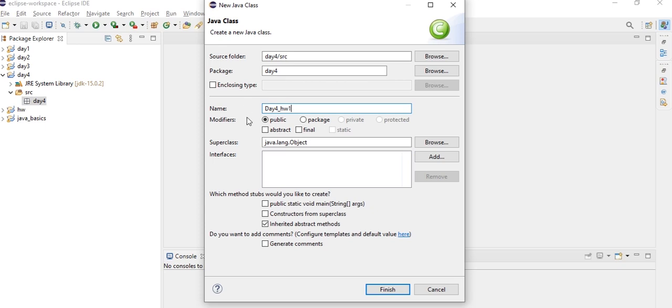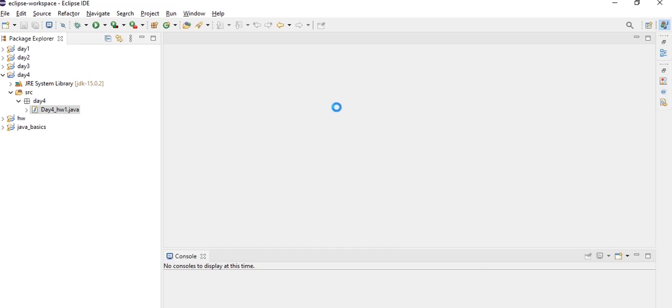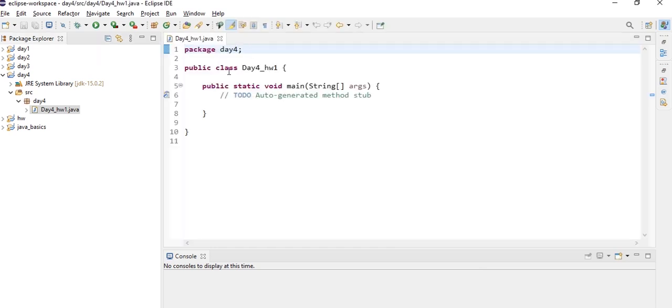Make sure that the first letter of the class name is a capital letter, that is an uppercase letter, and make sure to include this public static void main method and click on finish. So here our day 4 package is created and this is our class Day4 Homework1, and this is the public static void main method, and here we will write some code.